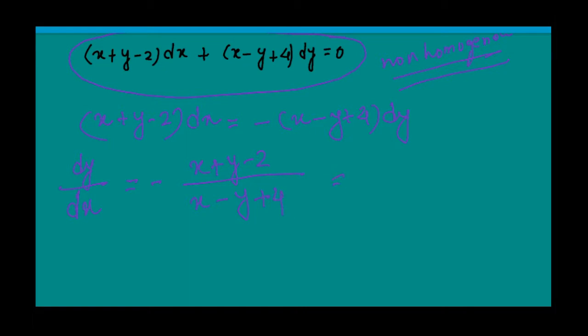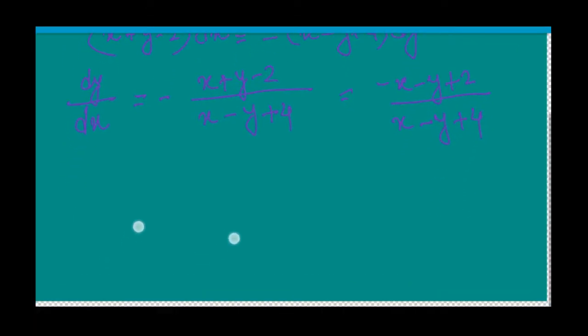So this will be (-x - y + 2)/(x - y + 4). So here we can see that